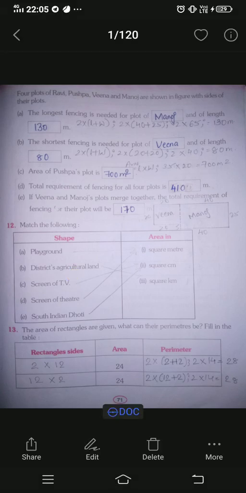So, in this lecture, we will be finishing the lesson we started, chapter number 11, area and its boundary. We finished till question number 11 in the previous lecture, so we have to complete the rest of the questions. But before we start the rest of the questions, I have two corrections for you all.